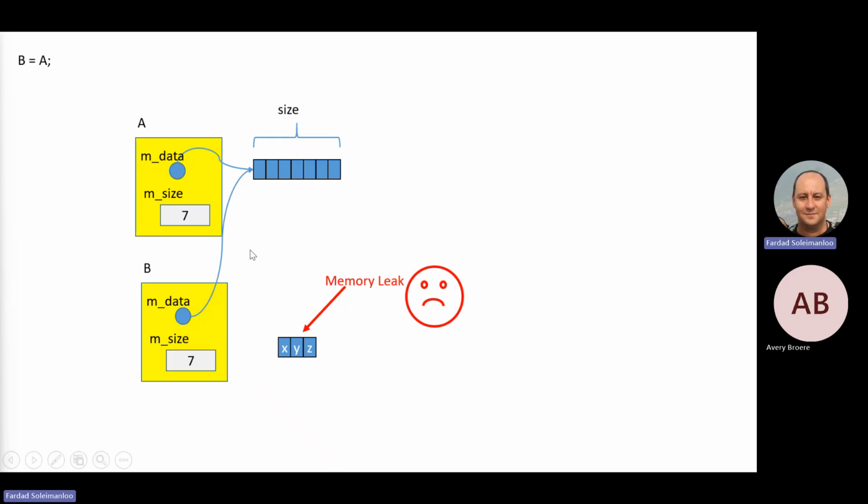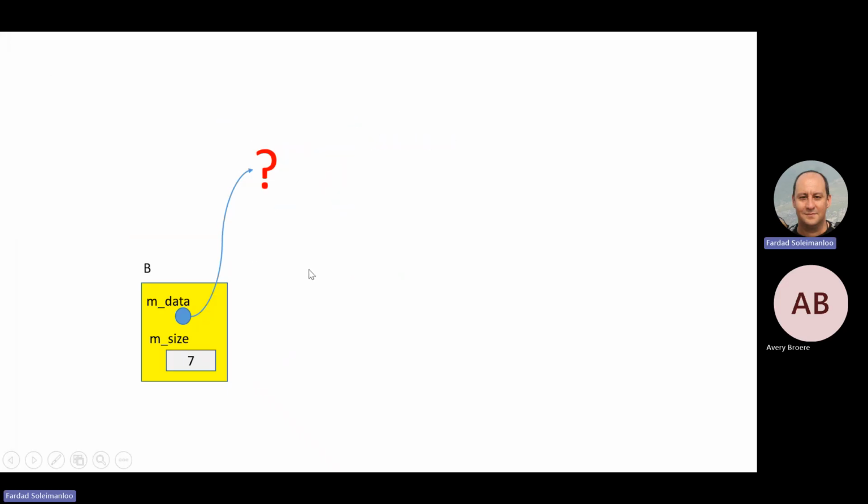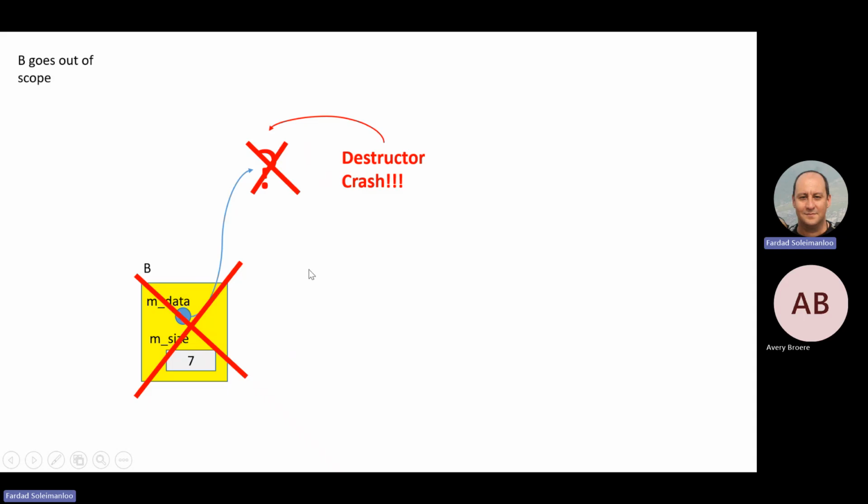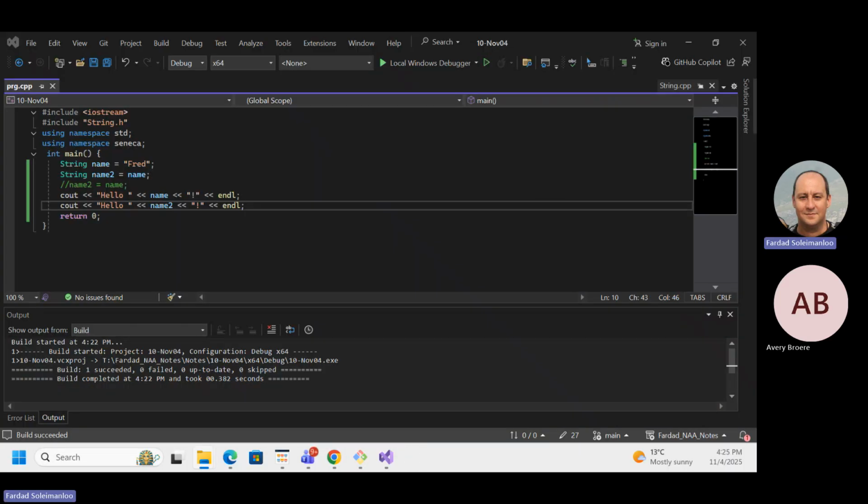No, the crash is the action where it actually wants to delete something that doesn't exist. It's the moment of deletion that causes the crash. It's the shallow copy. It's trying to delete the first one, right? I never taught anything about shallow and deep copy yet. This is the subject of today. Okay, so that's that.